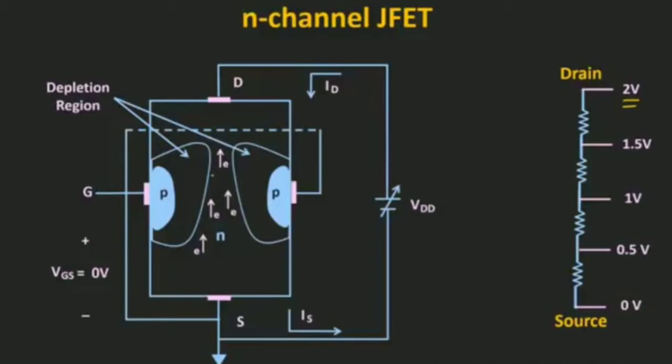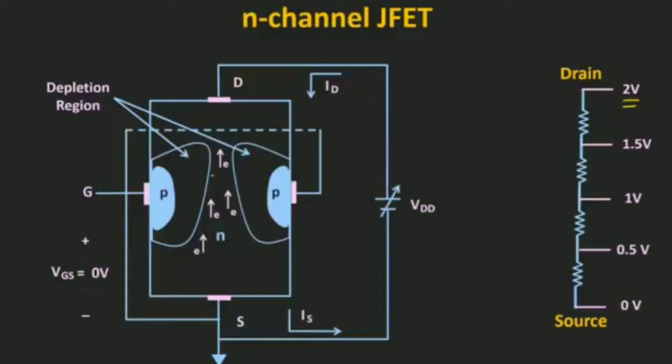Once we apply this voltage, the electrons start flowing from the source terminal to the drain terminal. And if you see the conventional current, then the current starts flowing from drain to source terminal. Let's say ID is the current flowing into the drain terminal and IS is the current flowing out of the source terminal. As you can see, this current ID is equal to IS. So instead of defining these two currents separately, we will only define this as drain current ID.